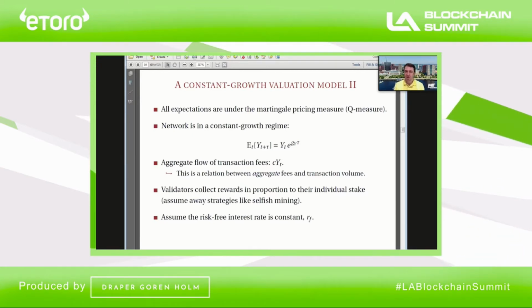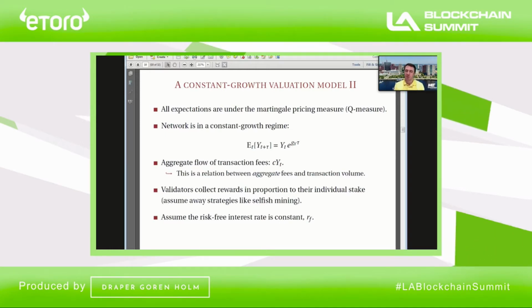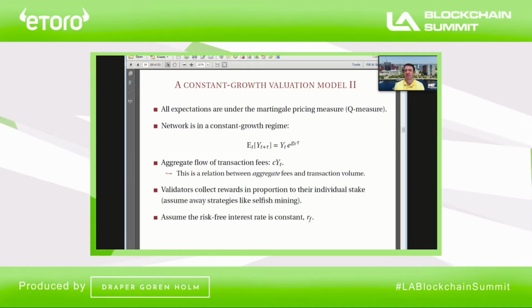and under that measure, the total volume of transactions is expected to grow at a constant rate, g sub Y. This is the risk-neutral or risk-adjusted growth rate of transactions. We also assume that the total amount of fees that transactions generate is proportional to the total volume of transactions. It's important that this doesn't mean that for each transaction, fees are proportional to the economic value of the transaction. That might not be the case at all. But in the aggregate, transaction fees and transaction volume are proportional to each other. We can relax that and just make them co-integrated, but what's important is that they're growing in the long run at the same rate, in the simple version of the model, the constant growth model.